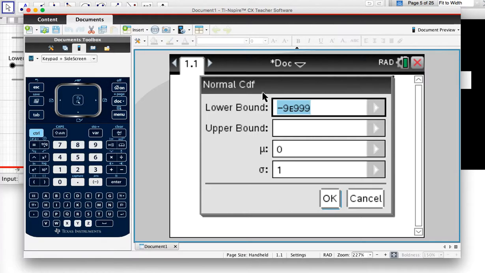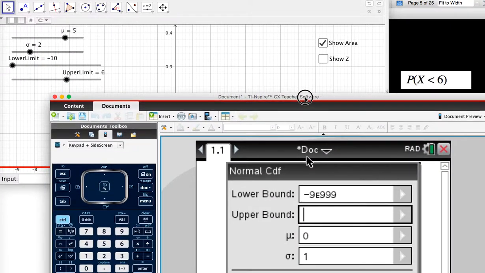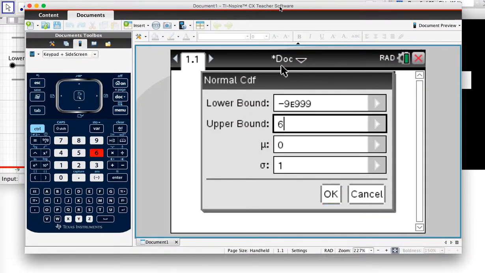9e999 means minus 9 times 10 to the 999, which is obviously a huge negative number, which we can treat as like it's negative infinity. And even if we change that to a smaller number, let's say negative 1,000, that would be perfectly adequate for our purposes. We then have in our question an upper limit of 6, so I'll type that in,